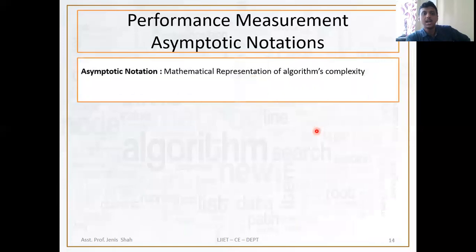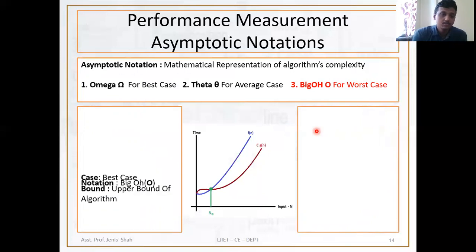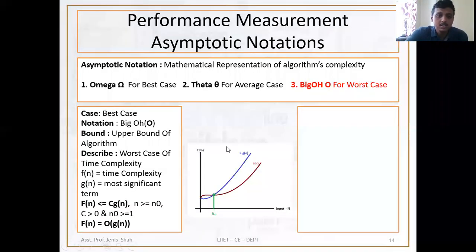Okay. Moving forward, the last topic is Big O. Big O shows the upper bound. Okay. So here Big O shows the upper bound of the algorithm. Okay. So students, here we can see that in the worst case, the c g of n graph is the upper bound of f of n. How is it possible? Because that shows the Big O. It means the worst case. In the worst case, the f of n is always less than c g of n. Okay. The worst case shows the upper bound of an algorithm. It is denoted by the Big O notation.